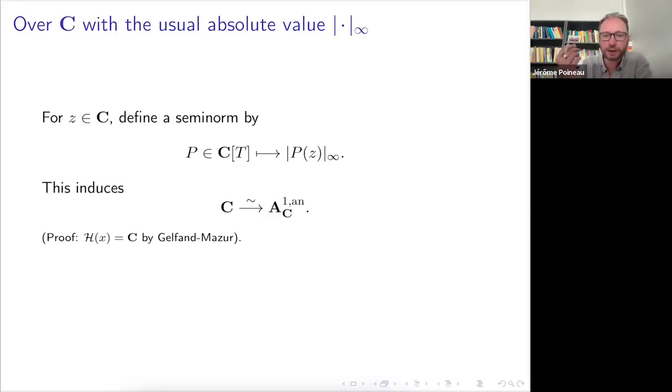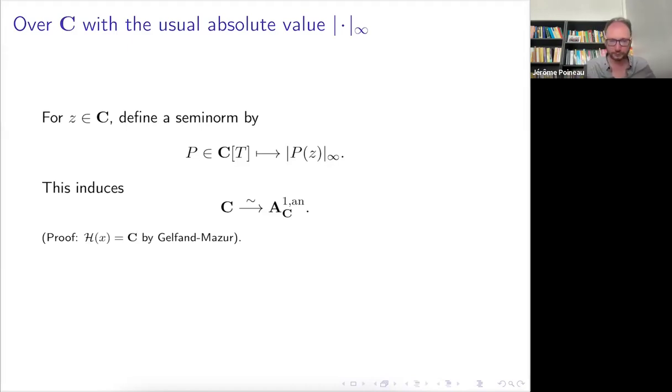So you need to show that you have the same definition of analytic functions. If you take a usual analytic function on C, of course, you know that you have a Taylor development, so it's a limit of polynomials. And on the Berkovich side, I said that my functions were limits of rational functions without poles. And if you are on C, a rational function is an analytic function, and we know that analytic functions are stable under uniform limits. So you really get the same definition. So this is maybe another fancy way to recover C with the usual analytic structure.